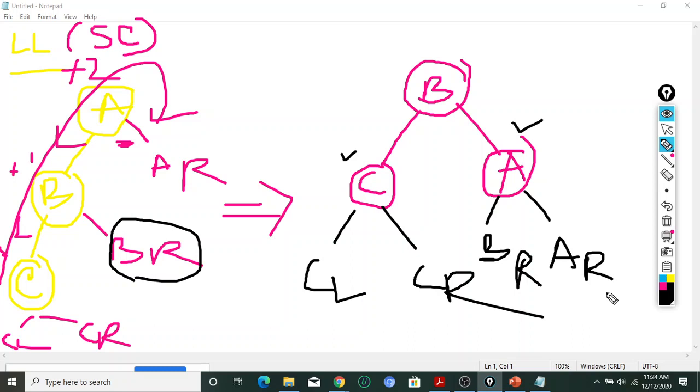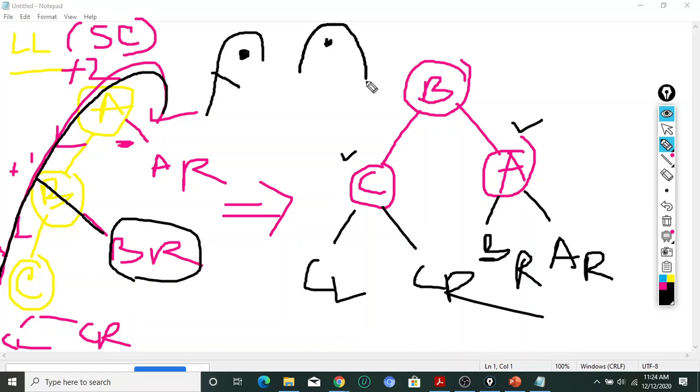Not understood? This is my initial condition. Please compare with this one. This node is imbalanced, follow this figure, and here is another node. If I think like this and pull this chain, then after rotation what will happen? If I pull this chain, it will go up, and this is my condition. It becomes the left child, yes or no? It becomes the left child. Understood?